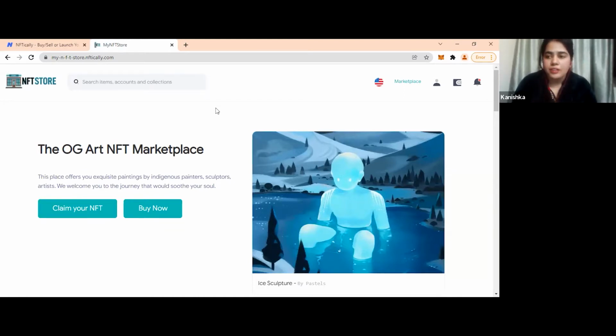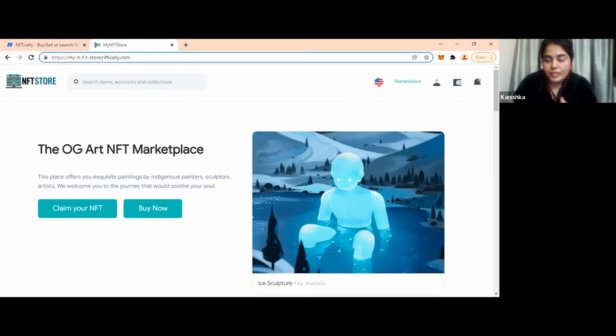So guys, this is a marketplace that I just created using NFTically. And this is how the layout of the marketplace would be. All this that you can see is completely customizable. Currently, I'm using a domain provided by NFTically, but this domain can also be customized. You can customize the title of the store, its description, these buttons, this logo, so you can have everything customized. That is the beauty of this technology, this platform, that it enables you with the right technology to set the right foot in this fast evolving NFT space. So yeah, let's get started with the agenda.